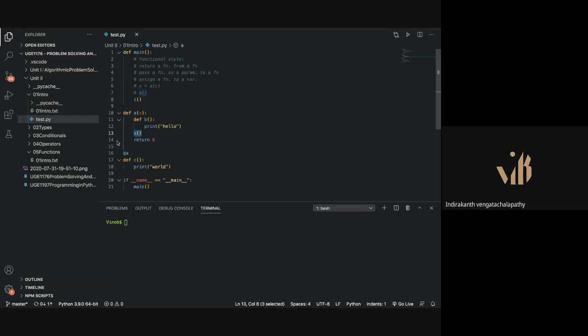So line number 13 gets executed first before line number 14 is executed. When this particular function x is called, c is called, and world is printed. And then when you return b, b is called, and then hello is printed. Okay, sir. Got it.